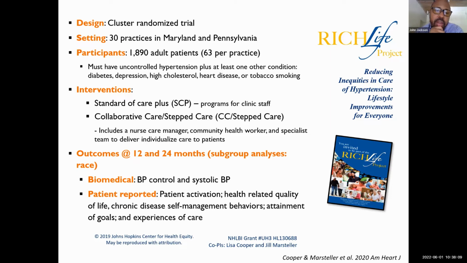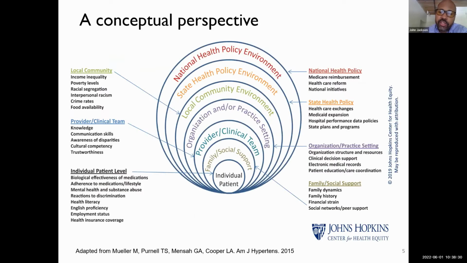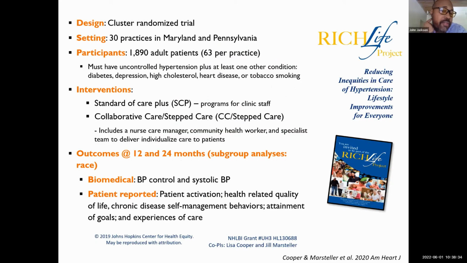It addresses many things at the same time, but this is the dilemma: with these multi-level, multi-component interventions, what things should they address? And I'm not even going to really answer the question of how they should be addressed, but what they should address. When you think about safety net clinics and different institutions being able to implement these interventions with high fidelity, we have to select a finite set of targets that we think we can intervene on and address for this population. So decomposition analysis is one tool that I think is a nice synthesis of using the